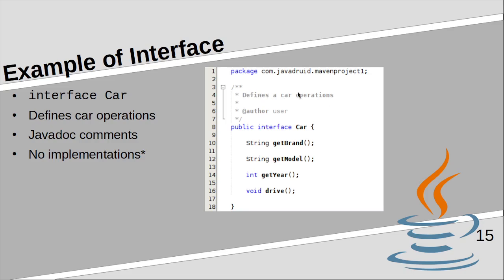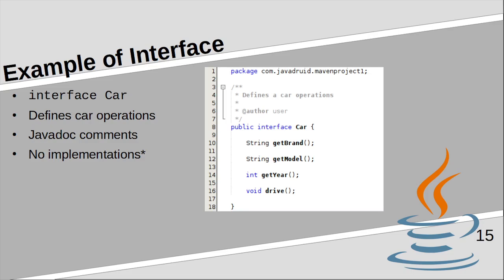Here you can just explain why this interface is useful. You can add some tags like the author, or if it's deprecated, since which version of your library is being used. There are quite a few. Just so you know, you can do that, and this is useful because other people will see it and will read it. I'm not going to get into what is good documentation, that's a separate series.